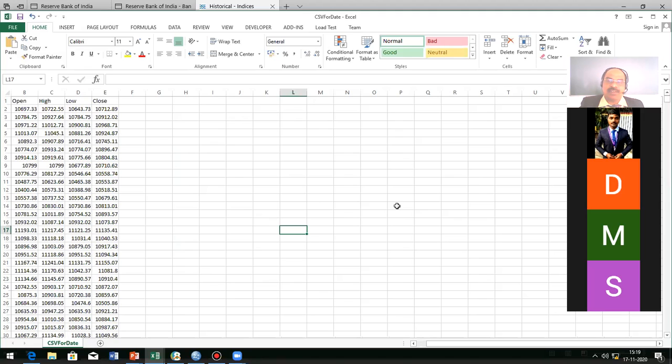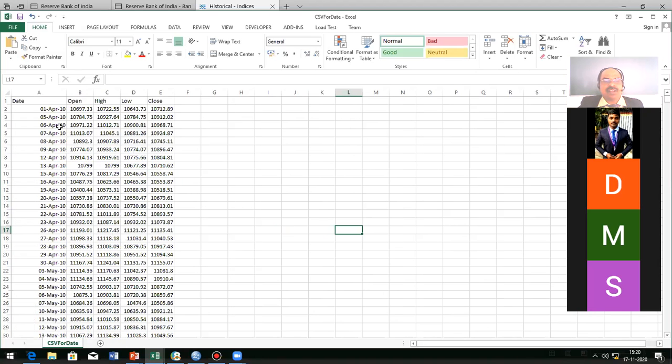Most of them are searching in Yahoo Finance, Google Finance. A number of finance websites are there. But better use the government website. Why do you want to go outside? Here the data is very nice. It is based upon the date. Date starts 1st April only. So it is in order, so you need not worry about that. Since it is in order. If it is not in order, you have to change it.